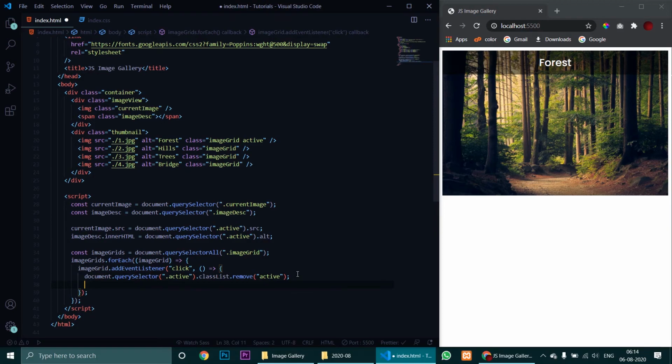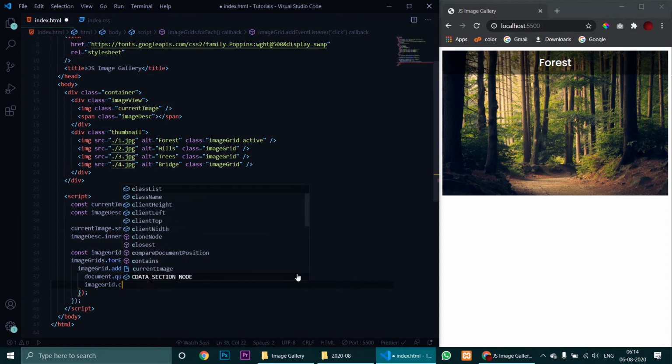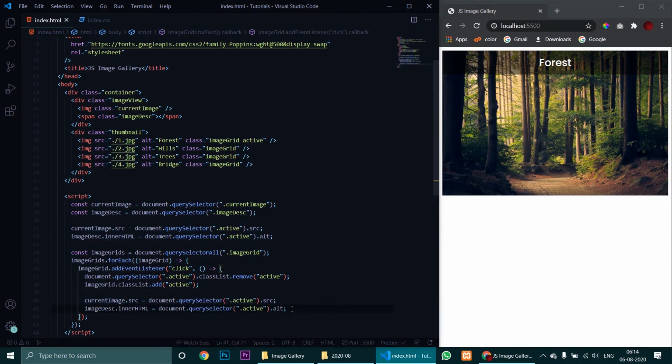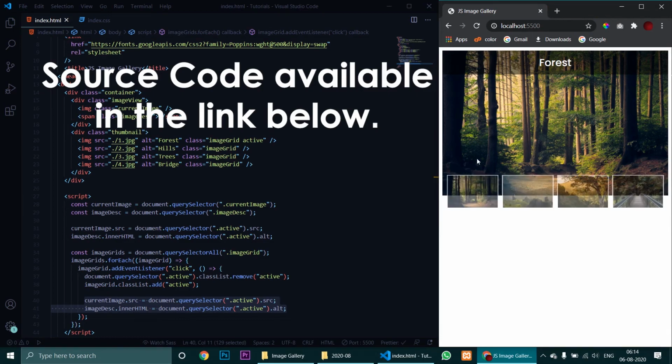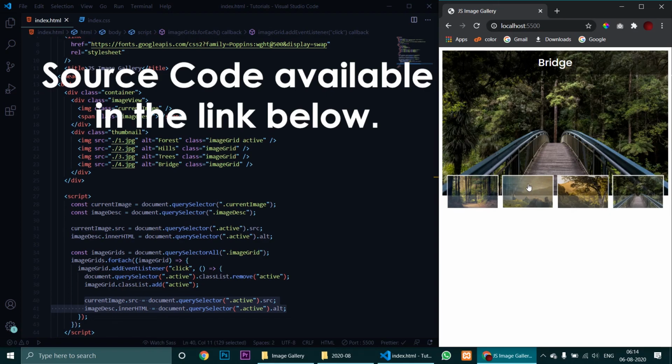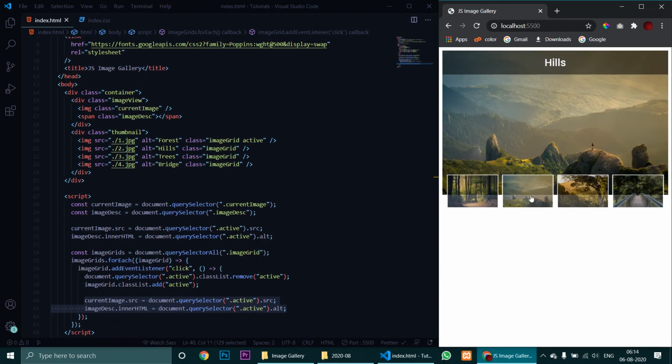Now what we need to do is, we need to add the active class to the image which is clicked. So this is how we will do that. Yeah, now this is not where it is all finished. We also need to specify the source. We need to change the source, as now the source is this, but we need to change it again and just paste it right over here. So this will get changed. Now let's see if it is working. Yeah, it is working completely fine. This is the hills. I click on it, the description gets changed and the image also.